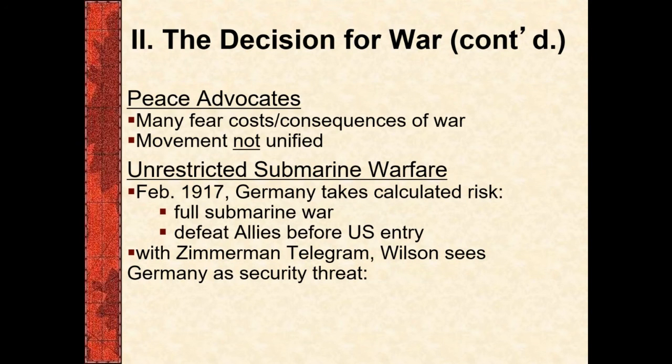The Zimmerman telegram is really what seals the deal. Zimmerman is the name of a German ambassador in Mexico. And the German government sends him a telegram, but it is intercepted by the Americans. Now, we don't know if Zimmerman ever actually got the telegram, but we know it was never acted upon by the Mexican government. The Zimmerman telegram outlines that the German government wants to enter into an alliance with Mexico, have Mexico start a southern war with the United States, right?